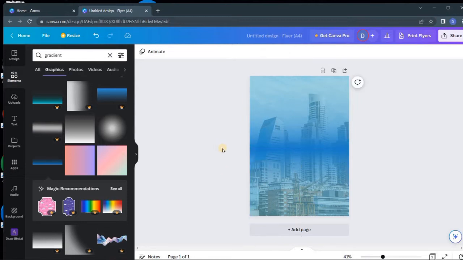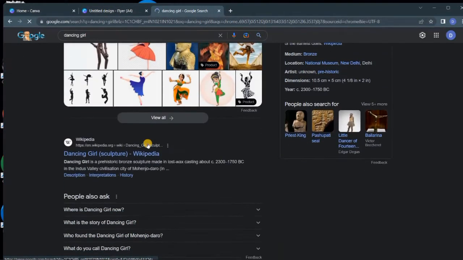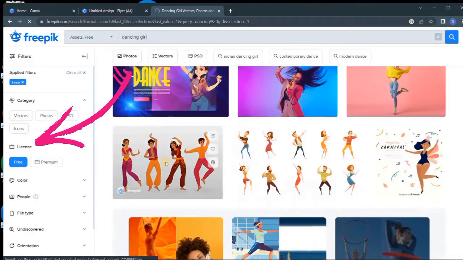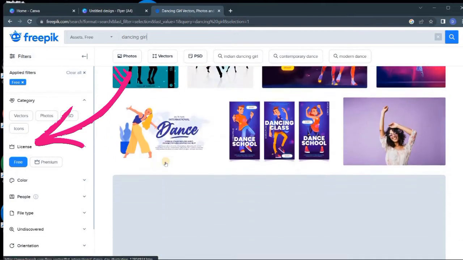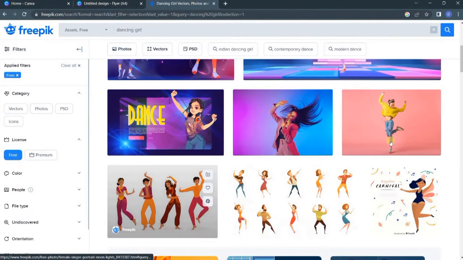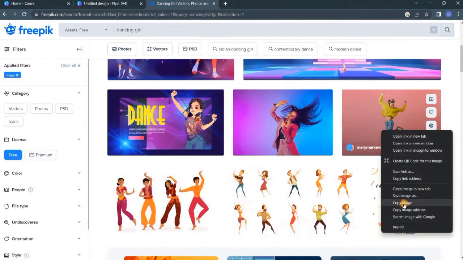Now the background is ready. We are going to search for a dancing girl and we are selecting from the Freepik website. Here apply the filter of free so that there is no issue of copyright. Scrolling down we are going to select, I like this one, and here we copy the image and next we go